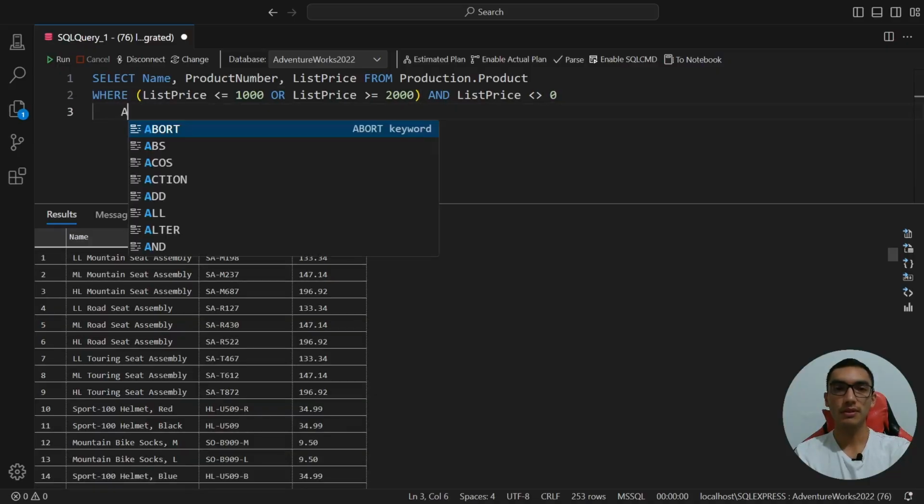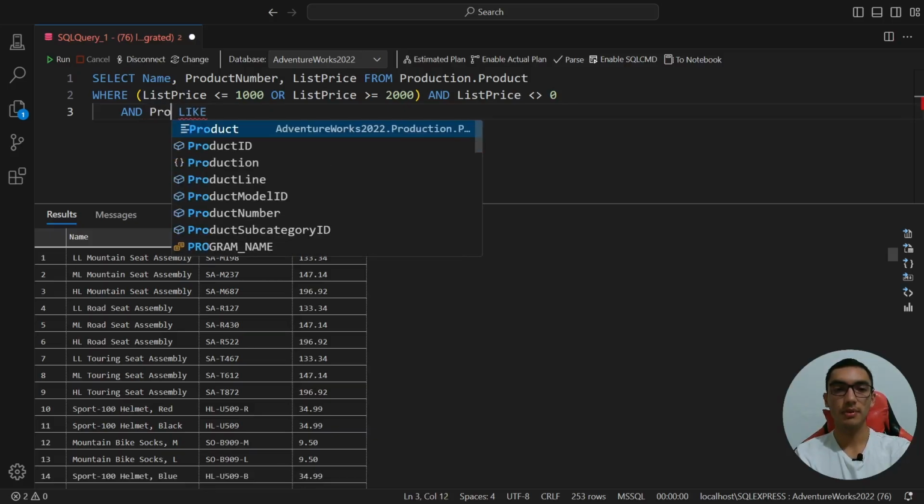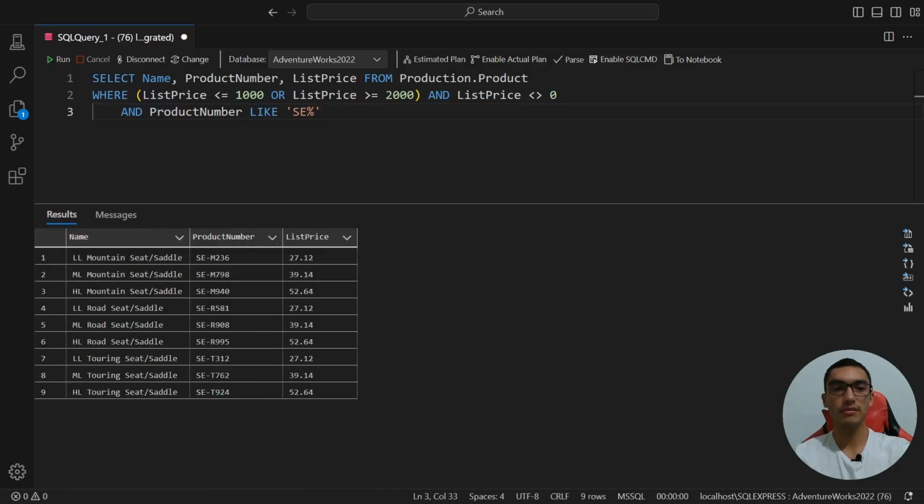We can also filter products based on text. For example, I want to display products whose product number column starts with some characters. For that, we'll use the like clause. For the product number column, when the product number starts with certain characters, such as SE, and with the wildcard, we'll define in this condition. So execute this command, and we have all the values when the product number starts with SE and the previous